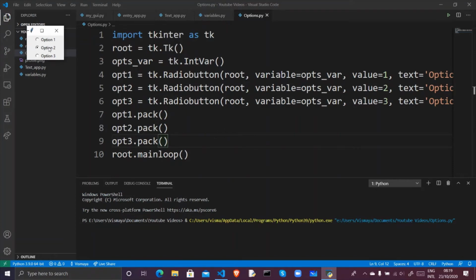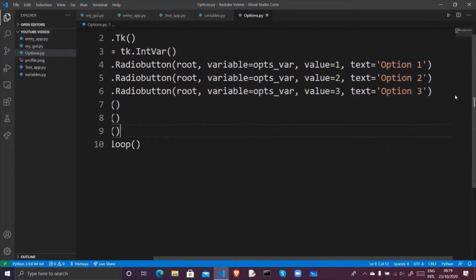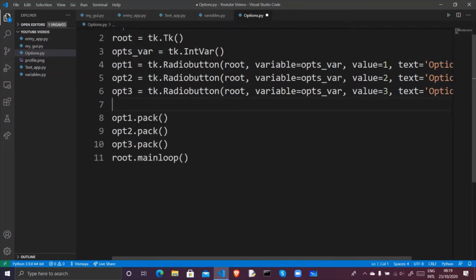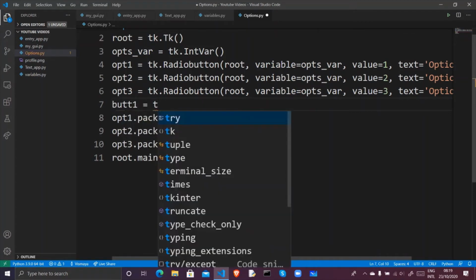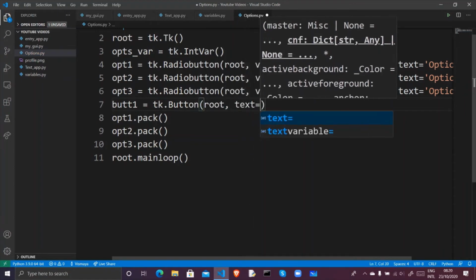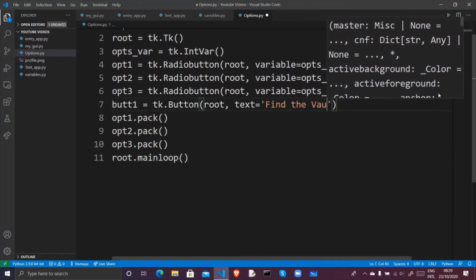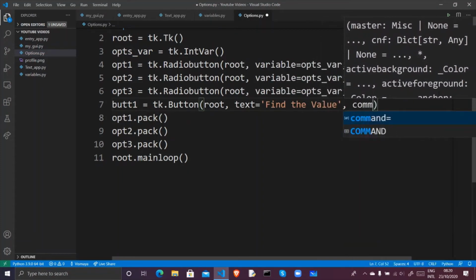So I can select any one of these options, and by default all of them are deselected. How do I find the value inside these? Well, it's simple. Let's create a button first, since after mainloop you can't do anything but graphical user interface commands. So let's create a button. But1 is equal to tk.Button. We'll call this root, text is equal to find the value. Command will be,